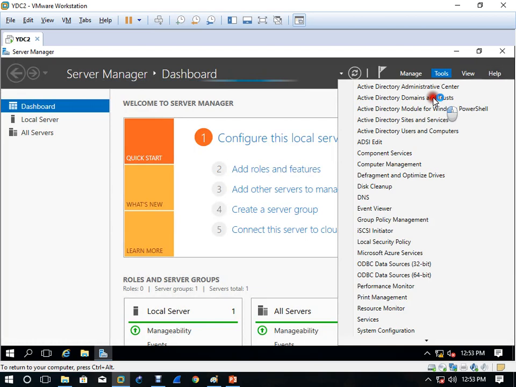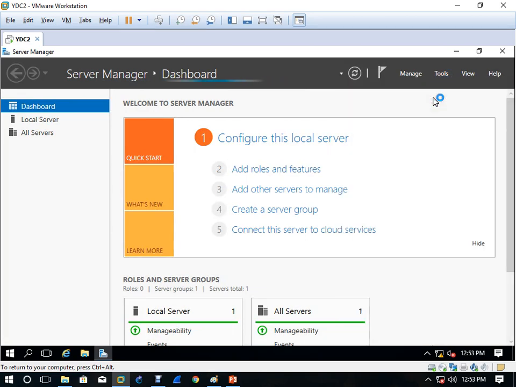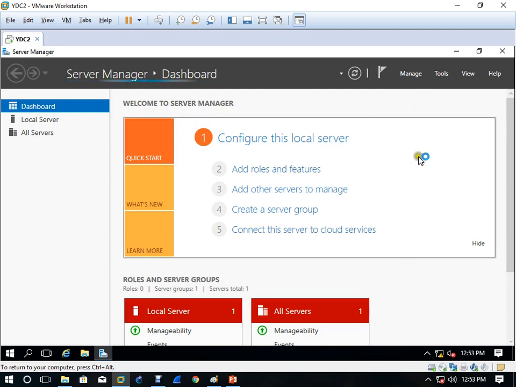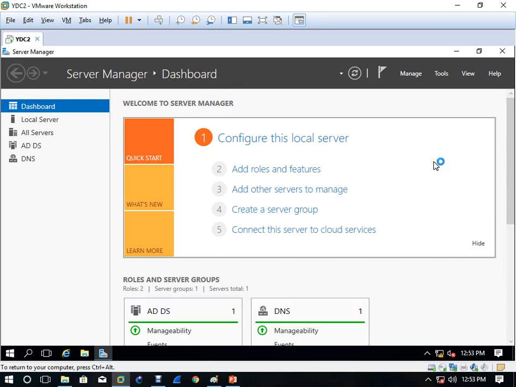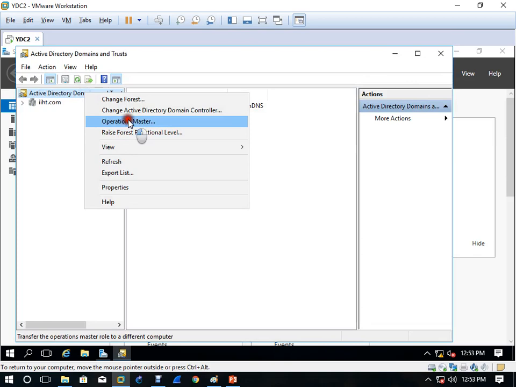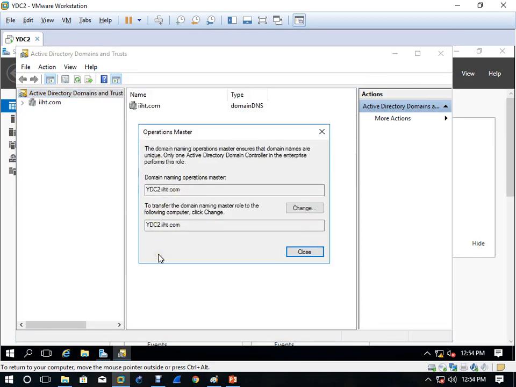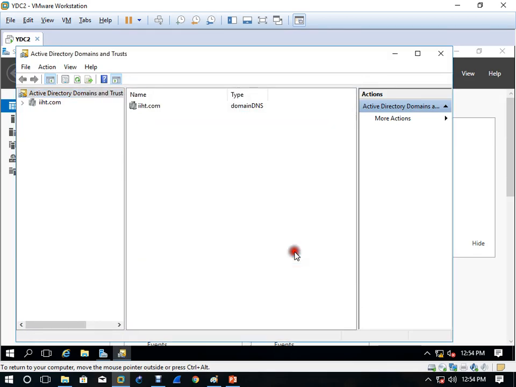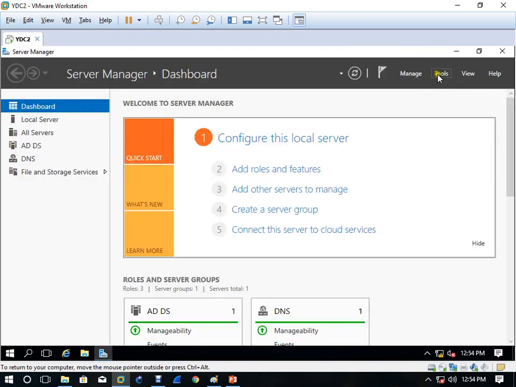Tools, Active Directory Domains and Trusts. Right click, Operations Master. See, it has been transferred. Operations Master here is completed.